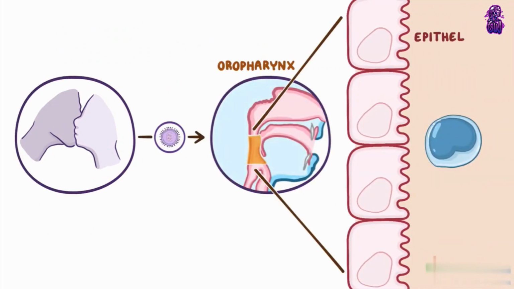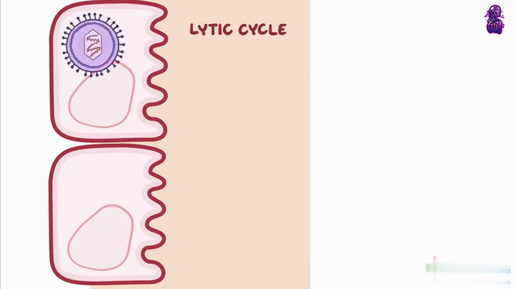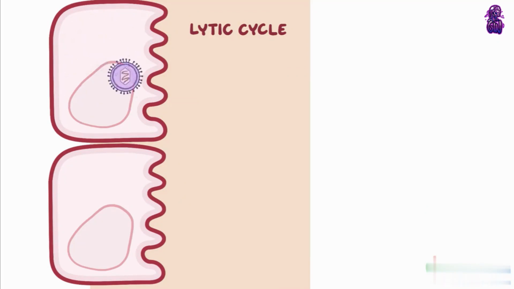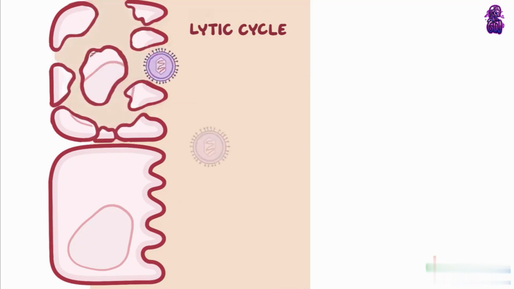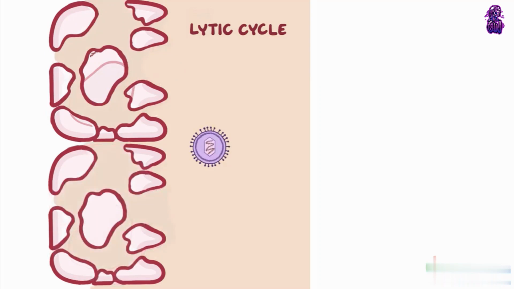When EBV reaches a new person's mouth, it infects two types of cells in the oropharynx: epithelial cells, which line the surfaces of the oropharynx, and B cells, which are lymphocytes, or lymphoid cells, that create antibodies to fight off infections. In the epithelial cells, the virus undergoes the lytic cycle, whereby its DNA gets transcribed and translated by cellular enzymes, which help to form viral proteins, which are packed into new viruses and can leave the host cell destroyed or lysed, and subsequently infect neighboring epithelial cells.